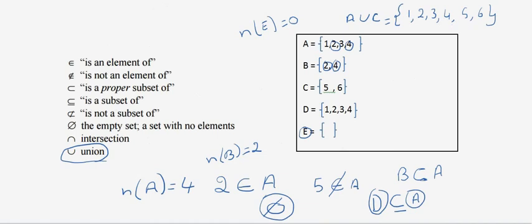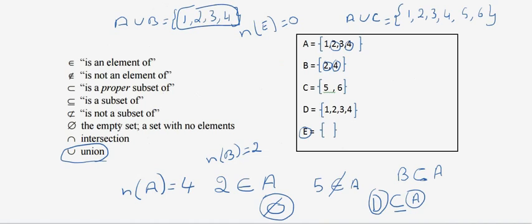Again, if I have to do A union B, what will happen in this scenario is, I will say A union B, which will have 1, 2, 3 and 4. Now if you notice here, I have already covered 2, which is in B. So 2 is already done, I will not repeat it. And 4 is also done, so I will not repeat element 4 also here. So now A union B is equal to 1, 2, 3, 4, which is the same as set A.